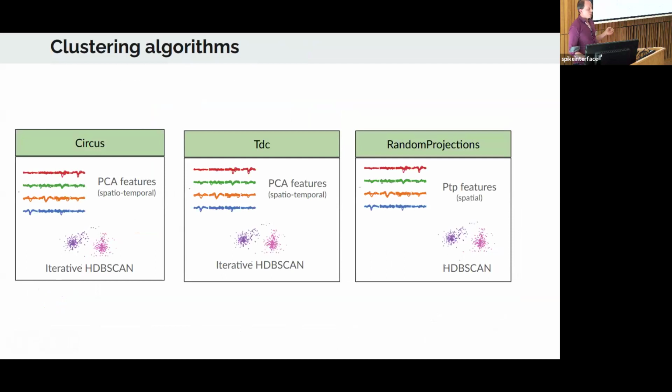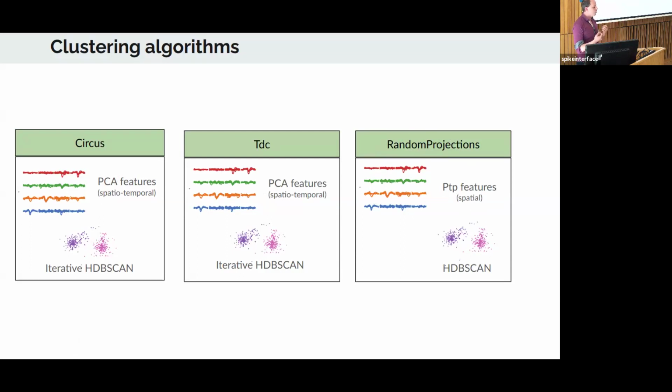If I'm coming now to the clustering, we can also ask the question. So SpykingCircus has some clustering with spatial temporal features extracted by PCA. So because we wanted to establish some sort of a competition, even though it's a collaborative project here, Sam made some 3D clustering. And I also took a very simple random projection one that's suited for more online and very quick, but it's just based on spatial features. So when you have a template, you just extract the peak to peak on all the channels and you perform a clustering.